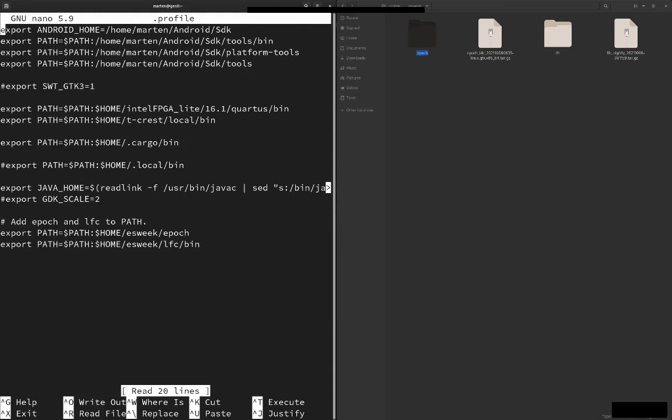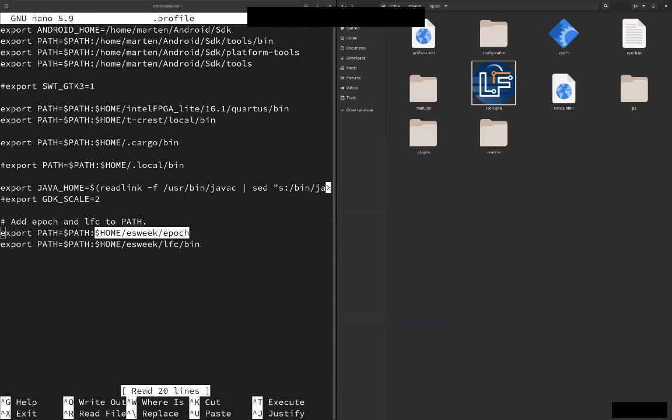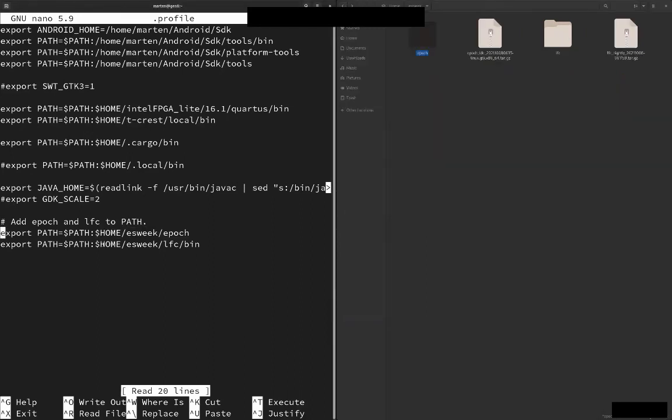I exported path with added to it this home directory /ESWeek epoch directory, which is this guy. And then I also added my home directory ESWeek LFC bin, which has this bash script in it.